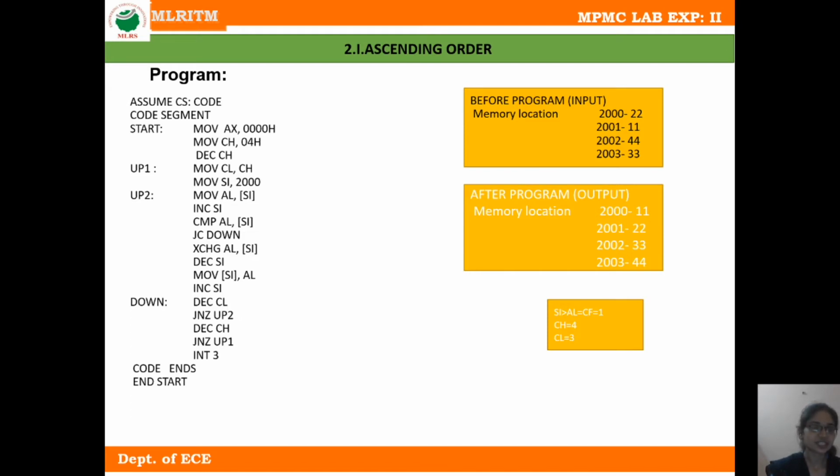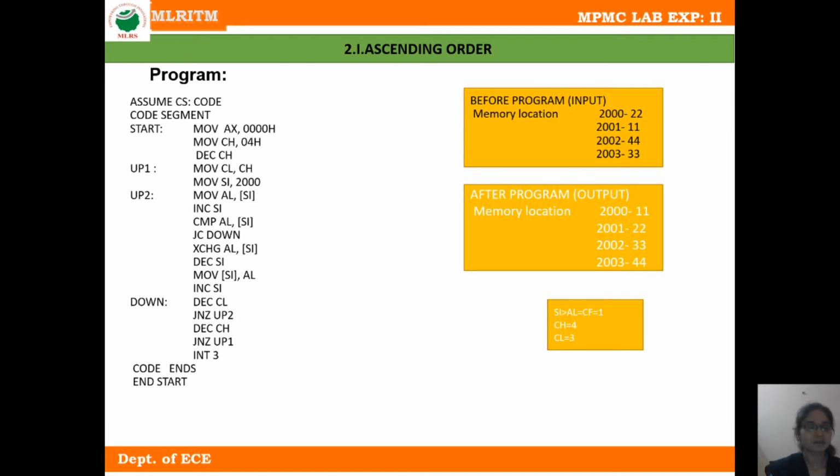The next instruction is decrement of CH. After this instruction, the content of the CH register is decremented by 1. The next instruction is JNZ up to label 1. JNZ indicates jump if not 0.